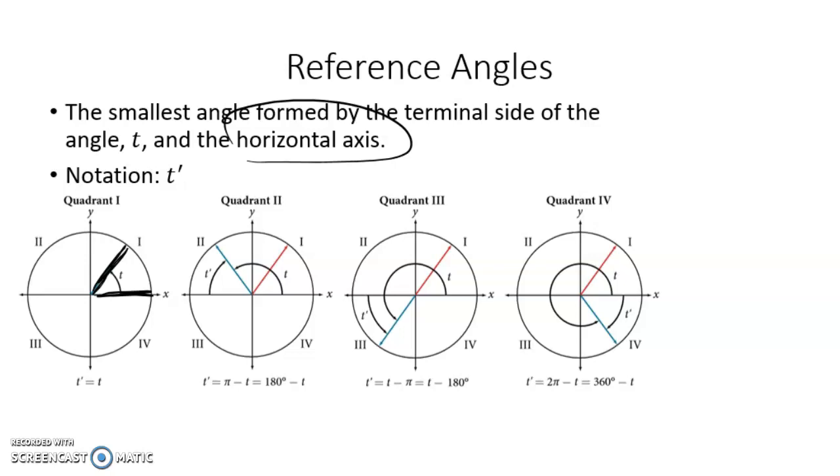For quadrant 1, whatever angle they give you is also your reference angle. For the second quadrant, here's your terminal side, and I also need the horizontal axis, which would be this right here. Now to get this answer,